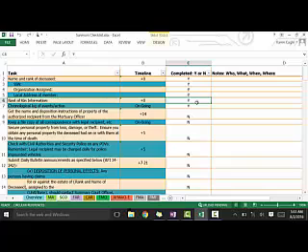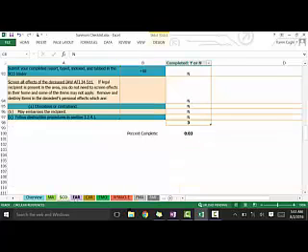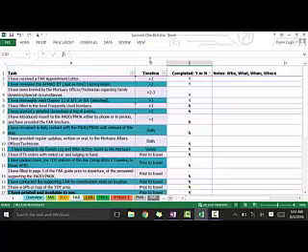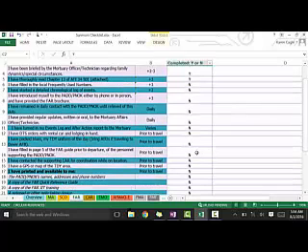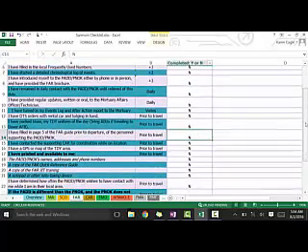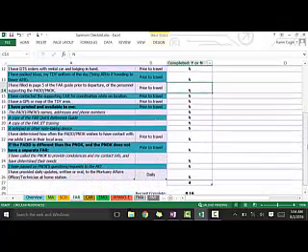So it counts the yeses and the nos. All right, so you would just change these to nos from the beginning, and then once you've completed that task, you'll update with a yes, and that will update the percentage